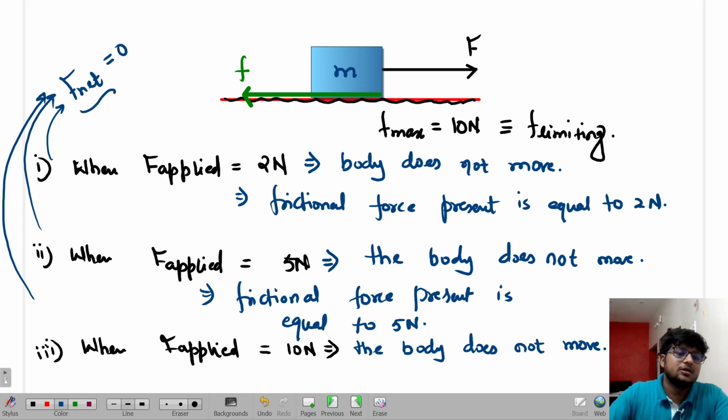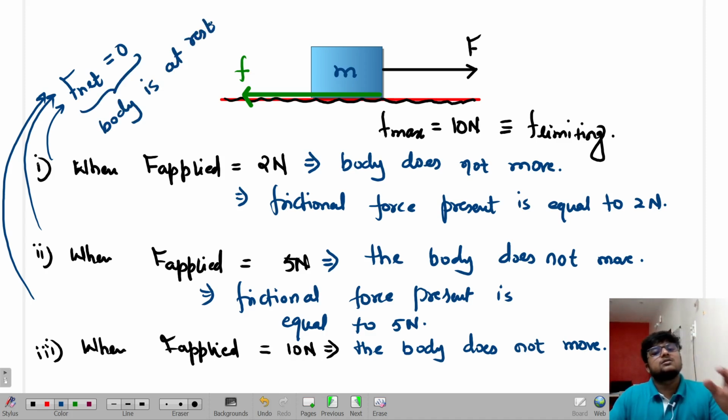Why is that? Because the body is at rest. Simple idea. जब तक स्टैटिक फ्रिक्शन है तब तक एफ नेट 0। जब तक लिमिटिंग तक f net is 0, क्योंकि बॉडी मूव ही नहीं करेगा।